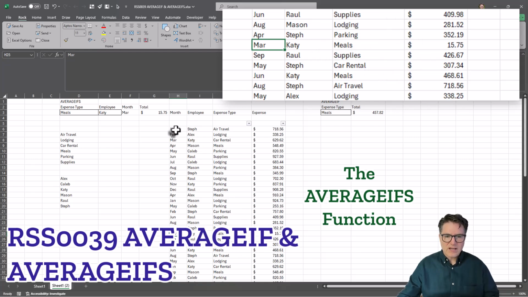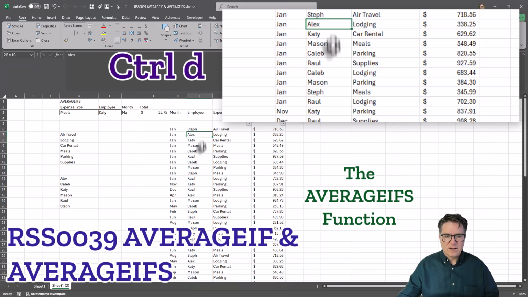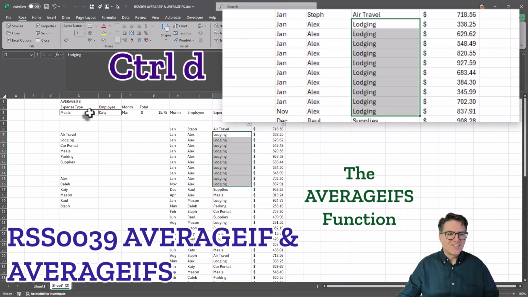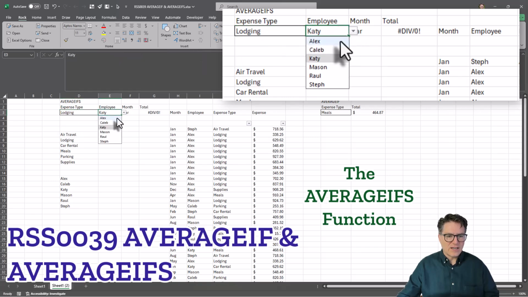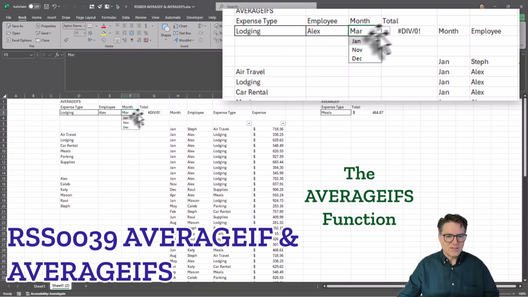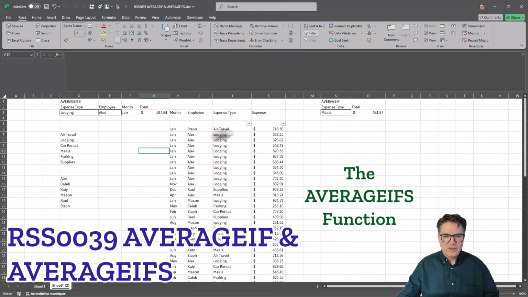So let's actually force a number here. I'm going to make that a lot of January's, a lot of Alex's, and a lot of lodging. So if we change this to a lot of lodging, a lot of Alex, and a lot of January, you can see that's $597.84, which if I filter for these, let me reset my filter, I'll clear it and then